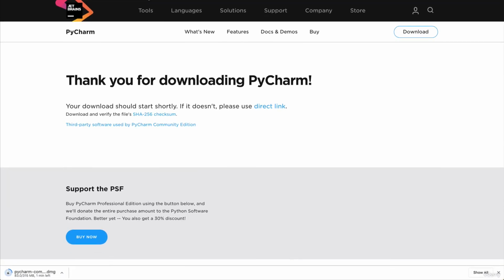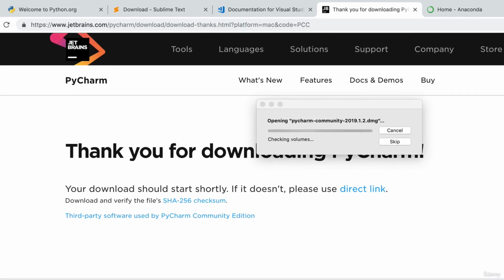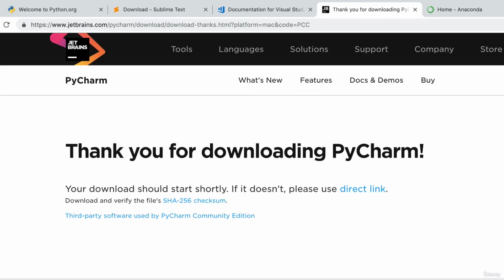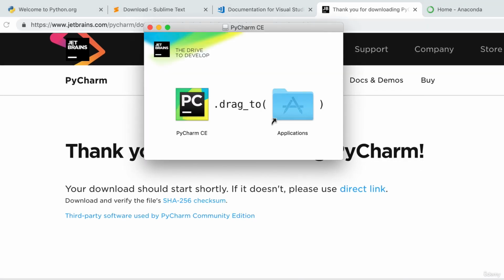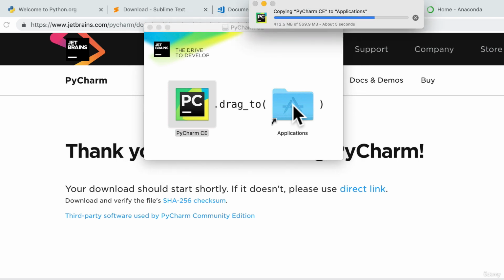Now let's fast forward through this so that we're not waiting around for the download. Whew. All right. That was a long pause for me, but for you, with some editing, this should have been quick. All right. If I open this up now, again, if you're on Windows or if you're on Mac, the installation process will be different. In our case, because we are on a Mac, I just drag this to application. With Windows, you'll probably go through an installer.